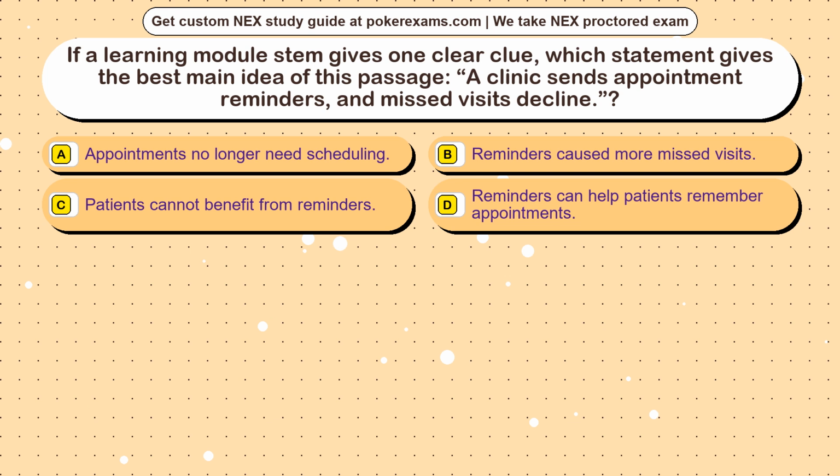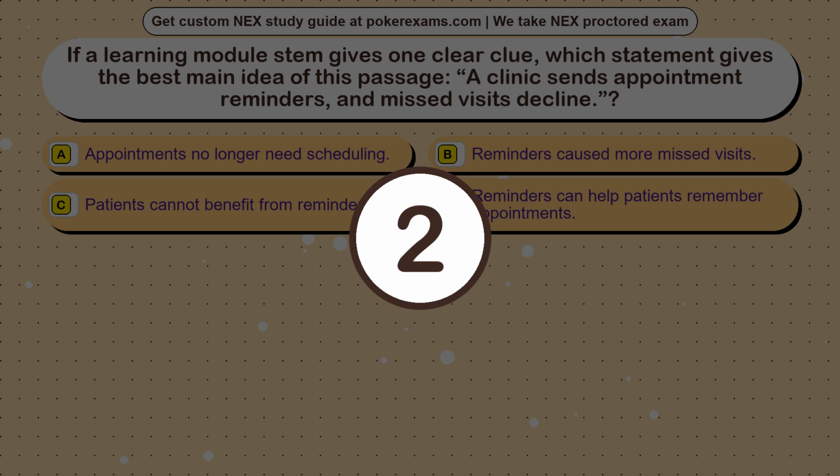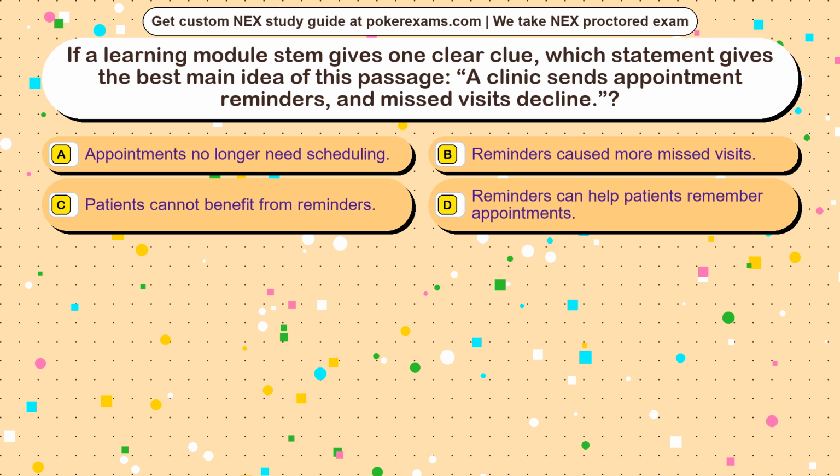Question 4. If a learning module stem gives one clear clue, which statement gives the best main idea of this passage? A clinic sends appointment reminders, and missed visits decline. Option A, appointments no longer need scheduling. Option B, reminders caused more missed visits. Option C, patients cannot benefit from reminders. Option D, reminders can help patients remember appointments. The correct answer is option